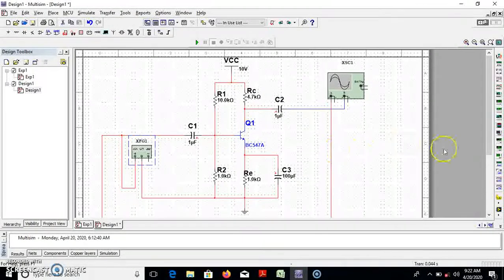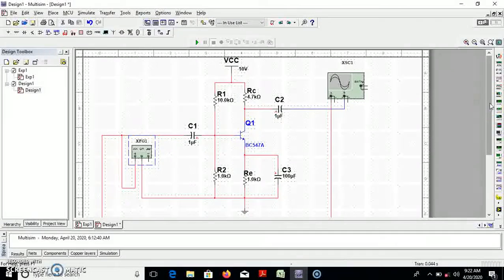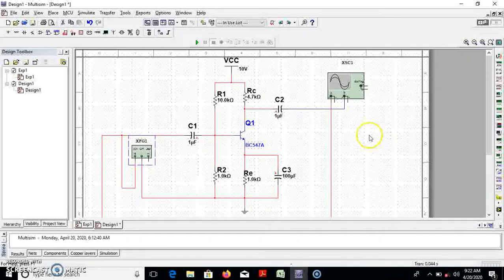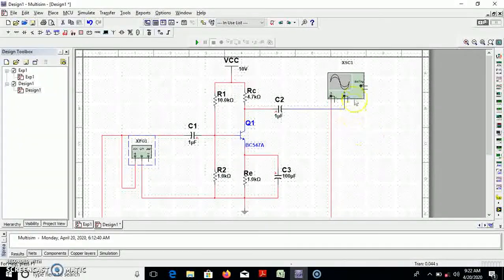So in this way, you can select the values and implement the circuit on Multisim. Now, after selecting a specific value for all the components, I require to simulate this circuit. After simulation, from the CRO screen, I require to measure the peak-to-peak value of the output signal. As I discussed previously, I require to keep on changing the value of RC and measure the peak-to-peak output voltage. From this, I require to plot a graph of RC versus peak-to-peak output.